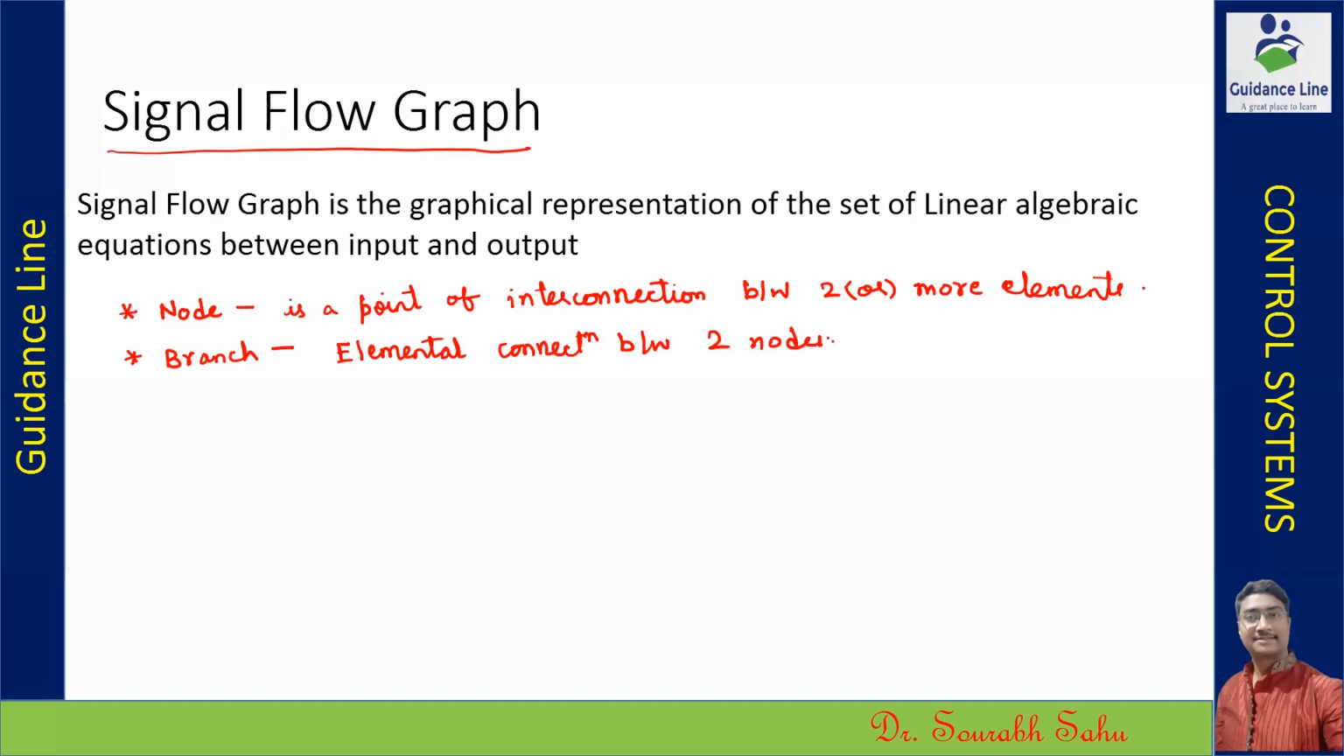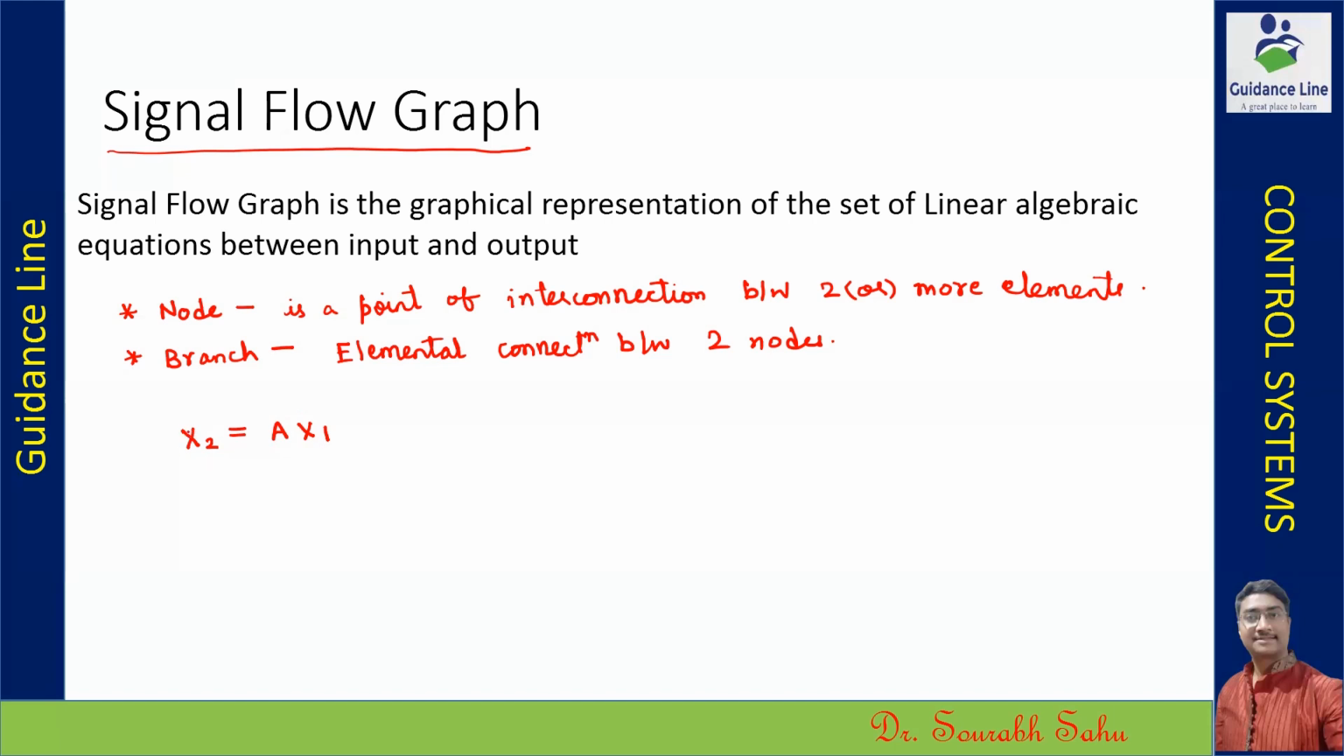Okay, now to understand these two terminologies, let us assume an example. Suppose I have one linear algebraic equation written as x2 equals a times x1. Now you can see we have two variables, one represented by x1 and another by x2. It is quite observable that the value of x2 is dependent on x1. So x1 is an independent quantity, and when it is multiplied with a constant value a,